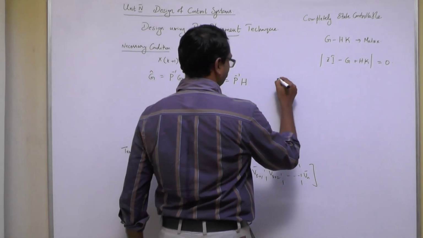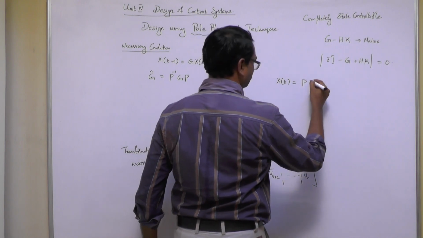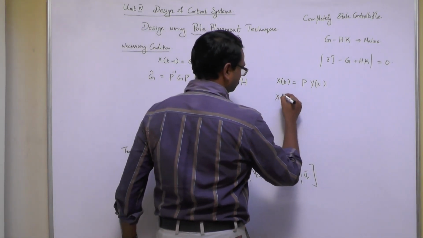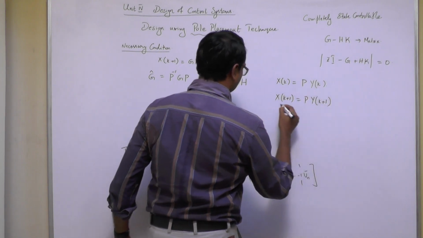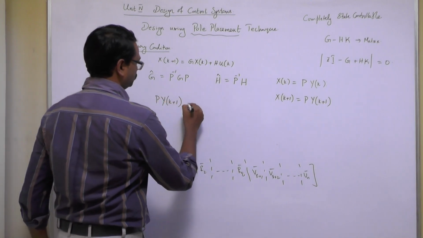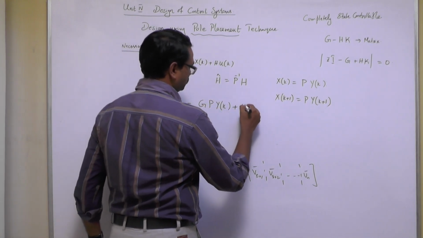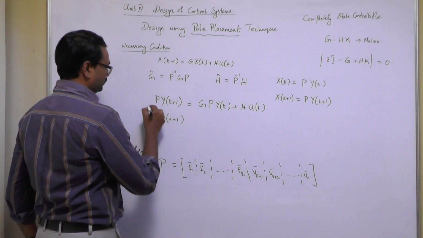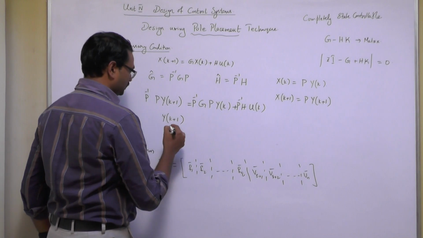the transformation matrix, where x of k, if I replace it with P into some other vector, let me say y of k. Now if I replace this one, X of k plus 1 is equal to P into y of k plus 1. Now if I substitute it here, P into y of k plus 1 is equal to G P y of k plus H u of k, and therefore if I pre-multiply it with P inverse, I have this y of k plus 1